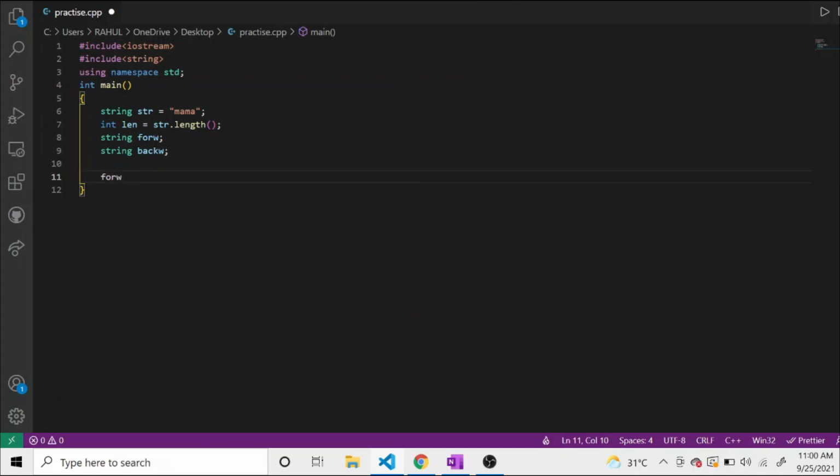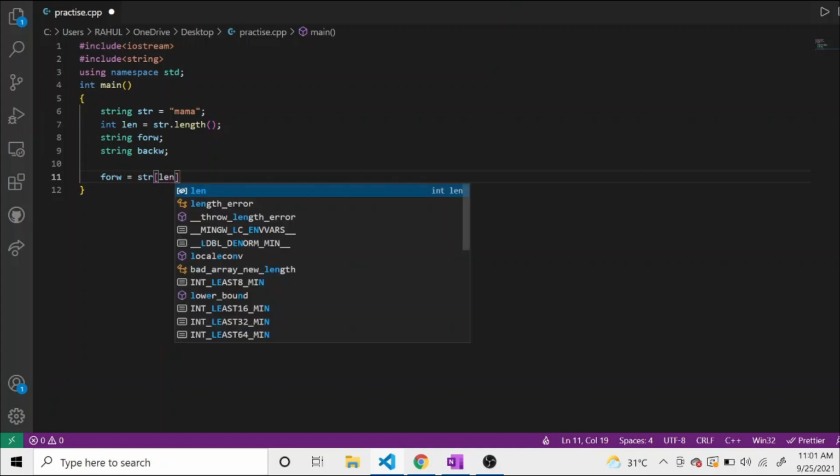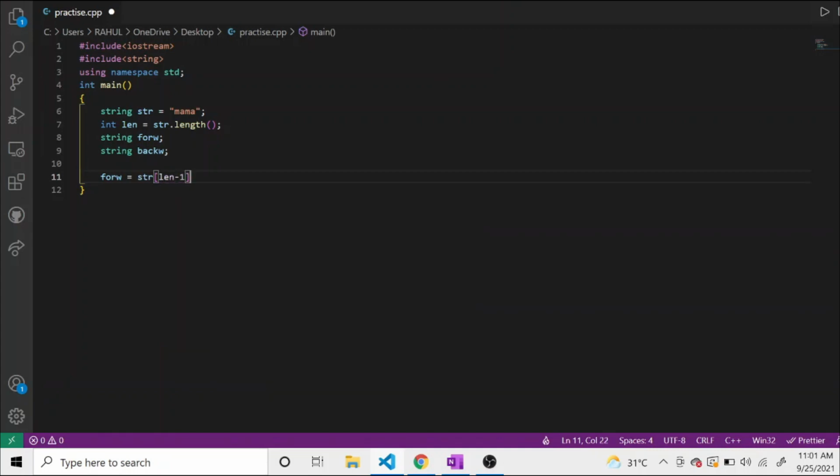What we know is that in the forward string, all the elements move to the right-hand side and the last element comes at the first. So first we bring the last element of the string to the front, then we concatenate the remaining string.